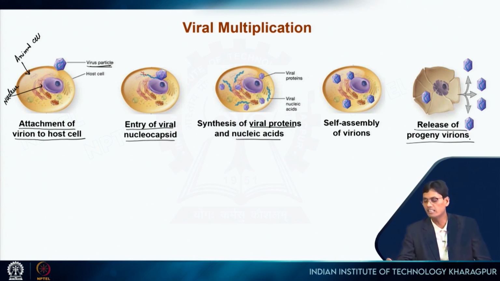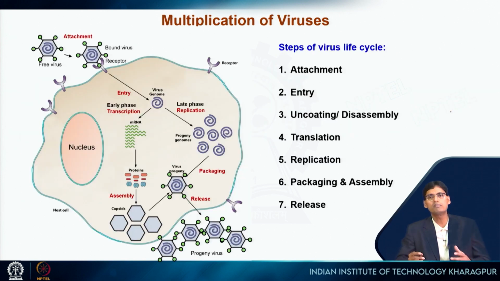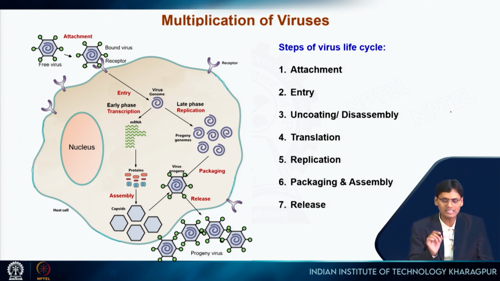As you can see, they are coming out from the cell. These are new virus particles coming out from the host cell. So this is a very brief introduction about viral multiplication, the different stages. But now if I discuss this in a little more complex way, then it is something like this. I will not go into much more detail, but I will add a little bit more in this slide.